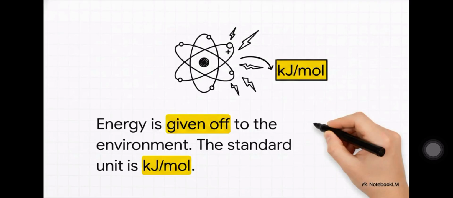And when this initial process happens, when that first electron successfully docks with the atom, energy is actually released or given off to the surrounding environment. So it's an exothermic process. To be precise with our math, we track this specific energy exchange in units called kilojoules per mole. This basically gives us a standardized way to compare how eager different elements are to accept an extra